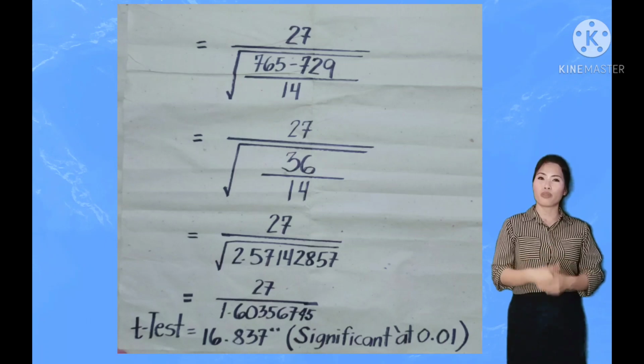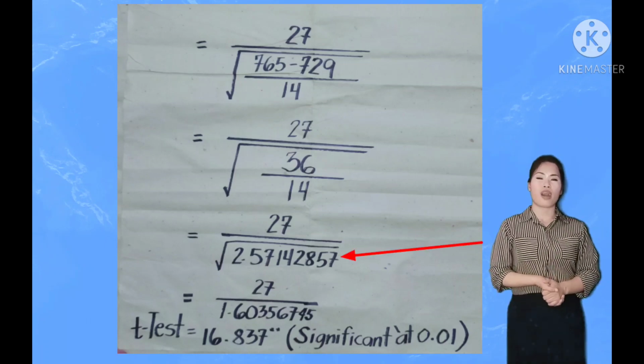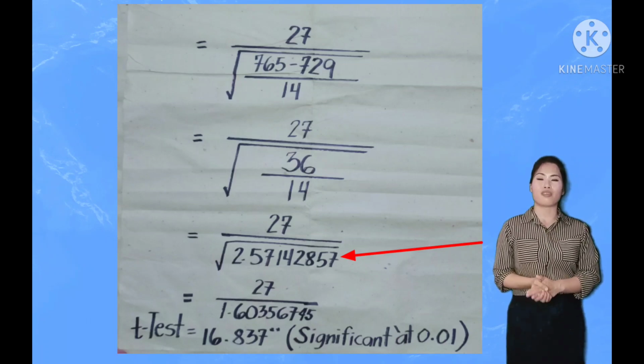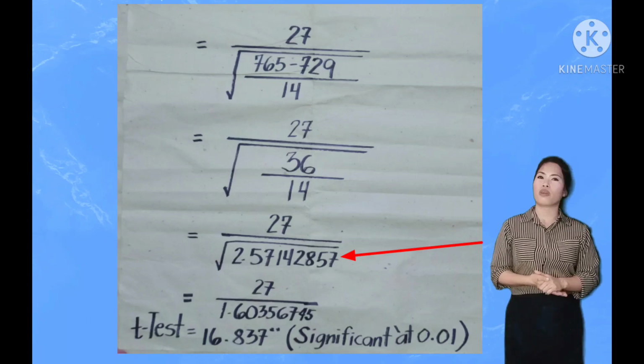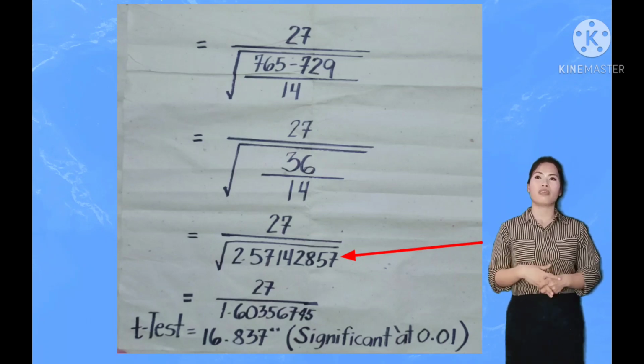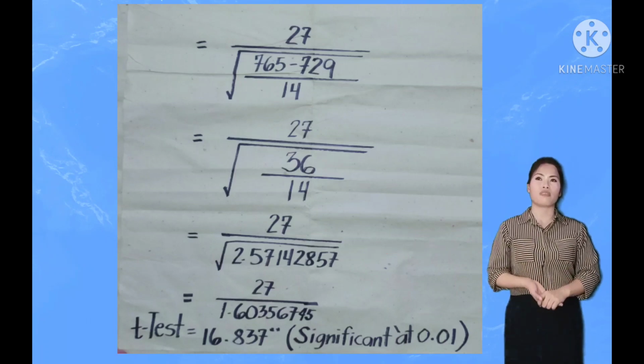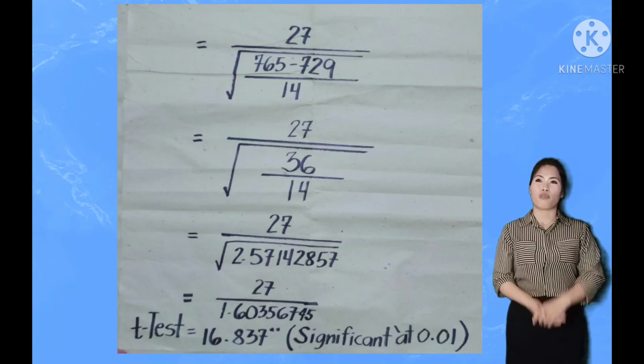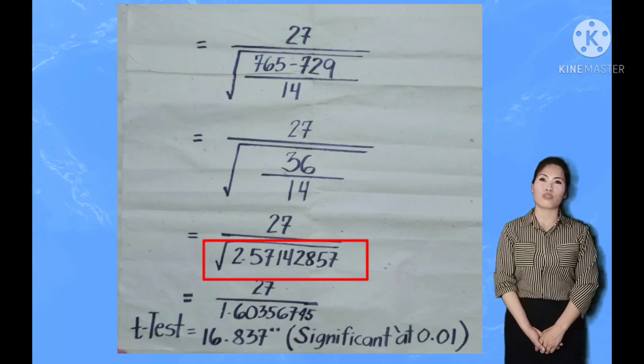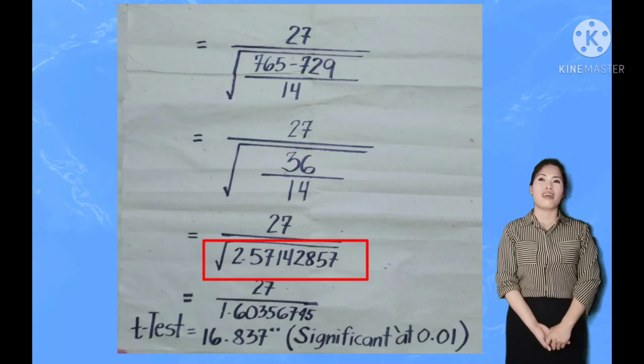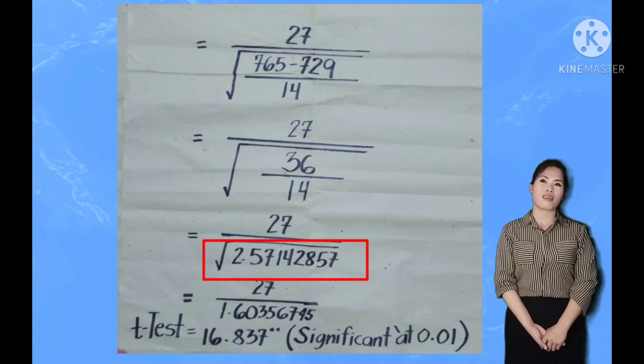So now the next thing that we're going to do is we need to first solve the square root of 2.57142857. Again, we can use a calculator here or our cell phone to get the square root. So the square root of 2.57142857 is